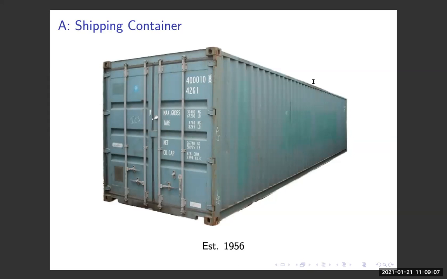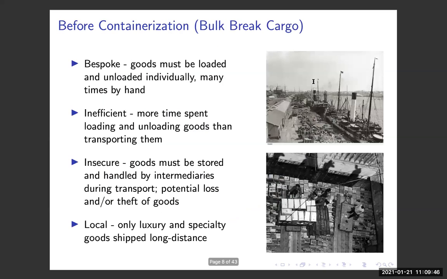So a shipping container is somewhat of a modern invention, right? It was really invented in its modern form in the 1950s. So it's only about 70 or so years old, right? But it transformed the way that modern freight shipping is done around the world and created the rise of globalization around the world, essentially. Because before shipping containers were invented, this sort of standardized box that can fit on a ship, a plane, a boat, a truck, a train, you had a very different situation, right? You had what was called